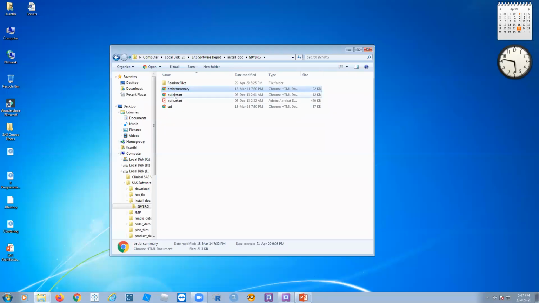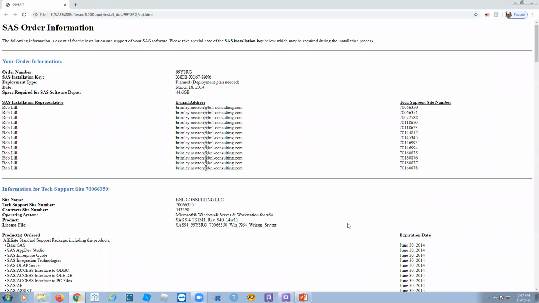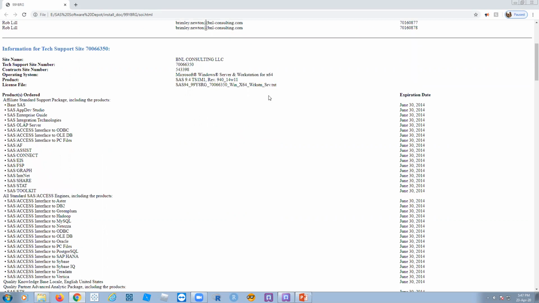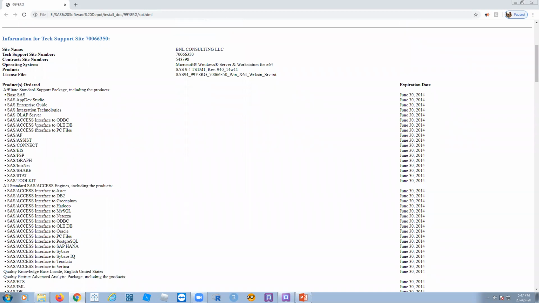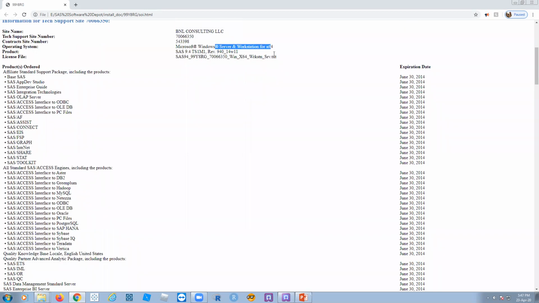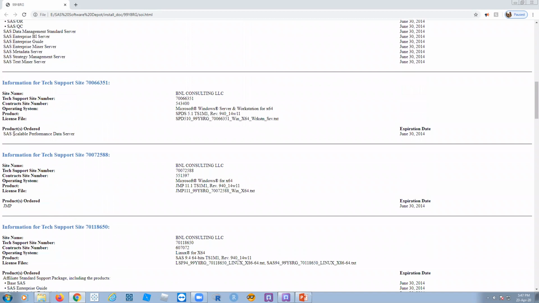And also we have an SOI. SOI means SAS order information. So this particular company, they want to install these tools in Windows Server, okay, and this scalable performance data server, we call it the SPD, SAS scalable performance server.